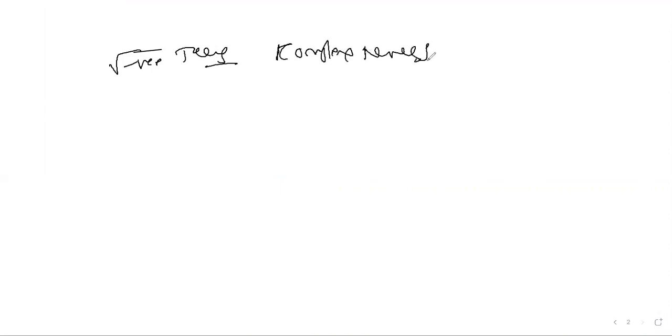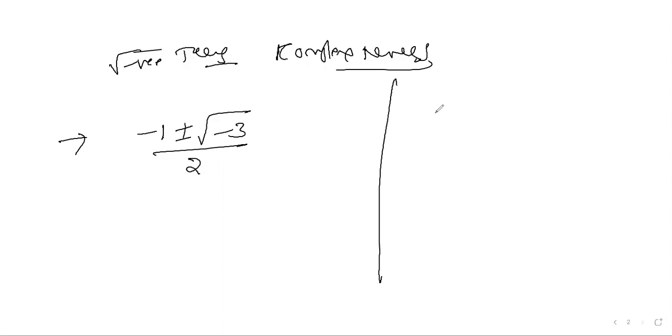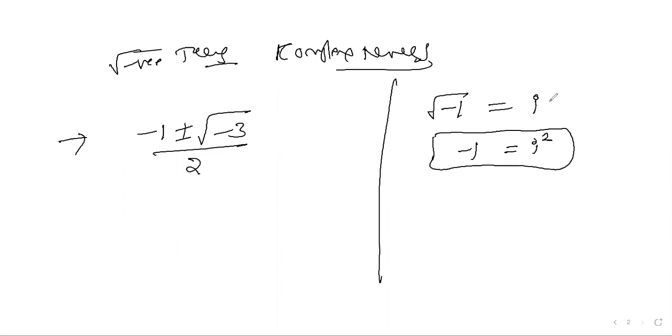Now, how do complex numbers actually look? Let us take the same example. When you're doing the case, we get minus 1 plus or minus under root of minus 3 by 2. Minus should not come outside directly, but I think in 10th class mathematics you know that root of minus 1 is equal to I. Am I clear? Squaring on both sides, I square is equal to minus 1. I is the complex number notation here.